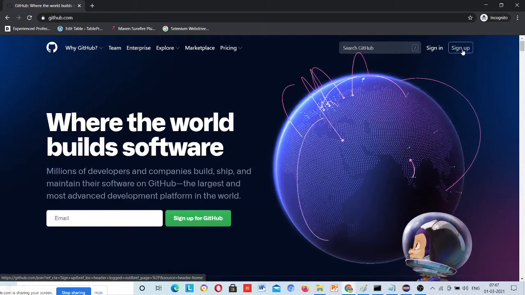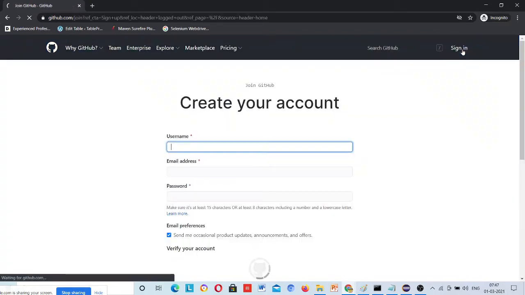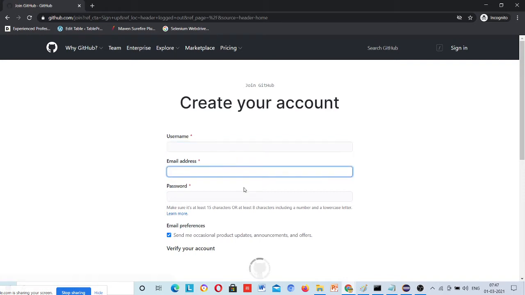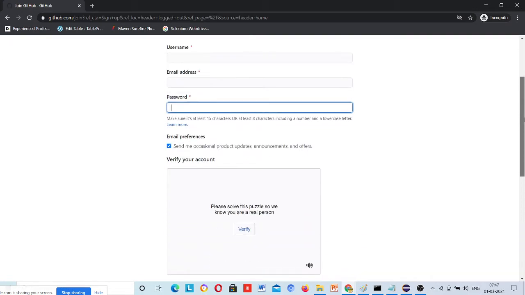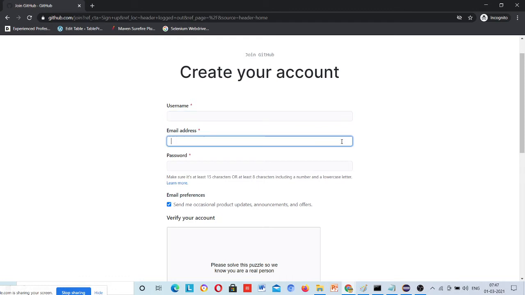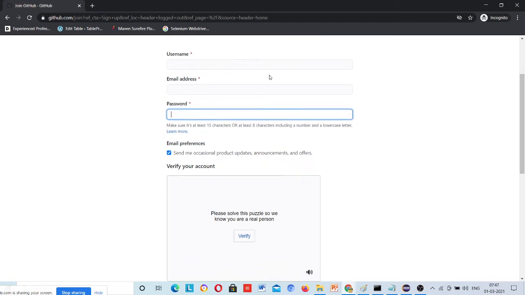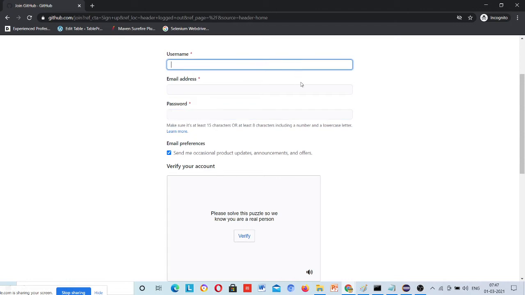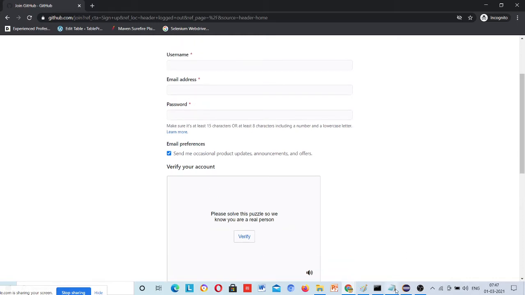For that you need to go to github.com, create an account, sign up, and provide your username, email address and password, and remember all three. If you forget any one, you can reset it as well, but meanwhile just note it down and keep it with you.